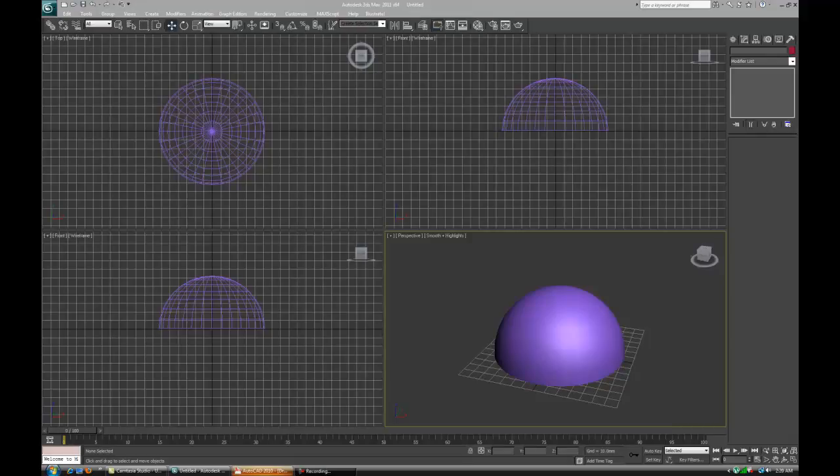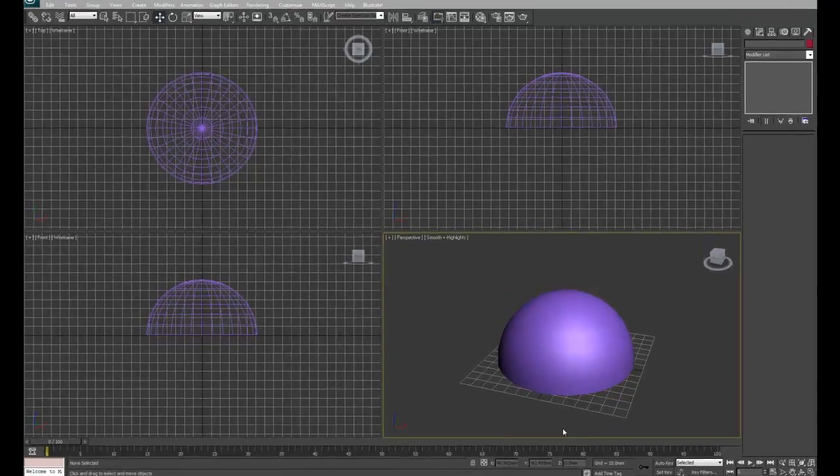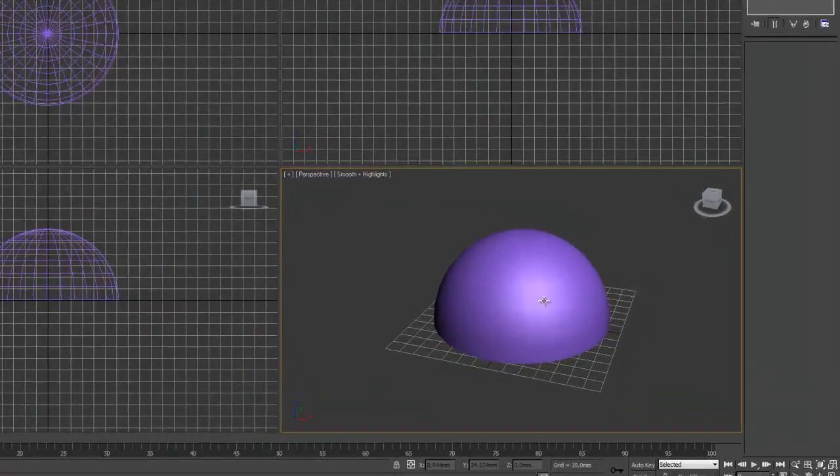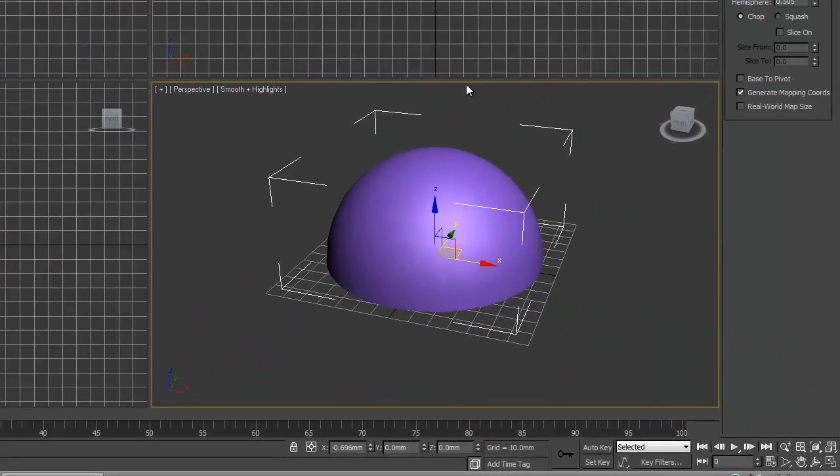Hi, this is Andrew, and in this video I'll be talking about modifiers and taking contour maps from 3ds Max into AutoCAD. For this particular example, I'm just using this hemisphere, and to start off I'll start talking about the FFD modifier,